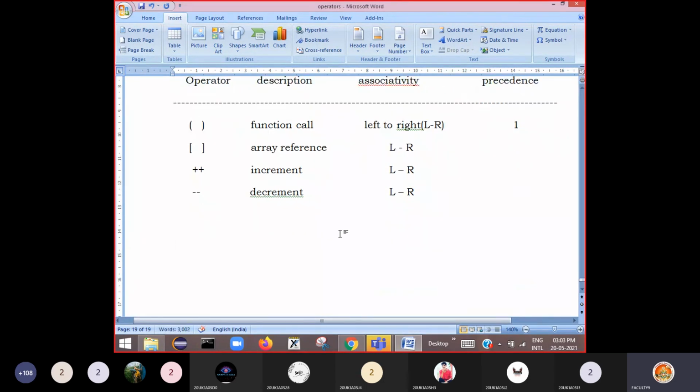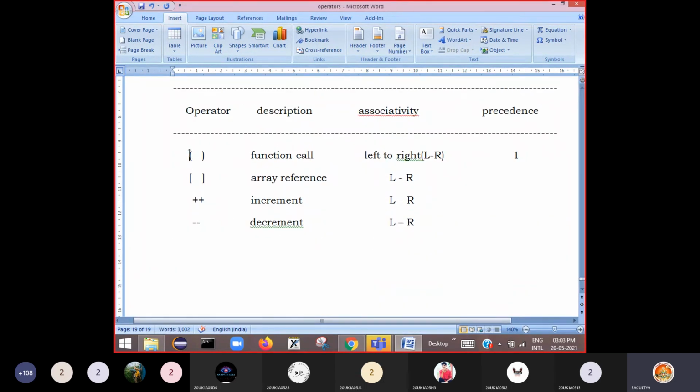Now see here, the highest priority operators are function call and array. When we cover those topics, you will come across them. But among operators, the highest priority operators are increment, then decrement, and their associativity is left to right.